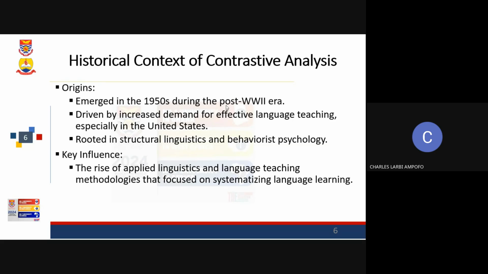And it says that this came about driven by the increased demand for effective language teaching, especially in the United States. You see, the United States is made up of people from all over the world. I'm sure that when you go to the US, you find every national of any country on the surface of the earth there. So it became necessary for